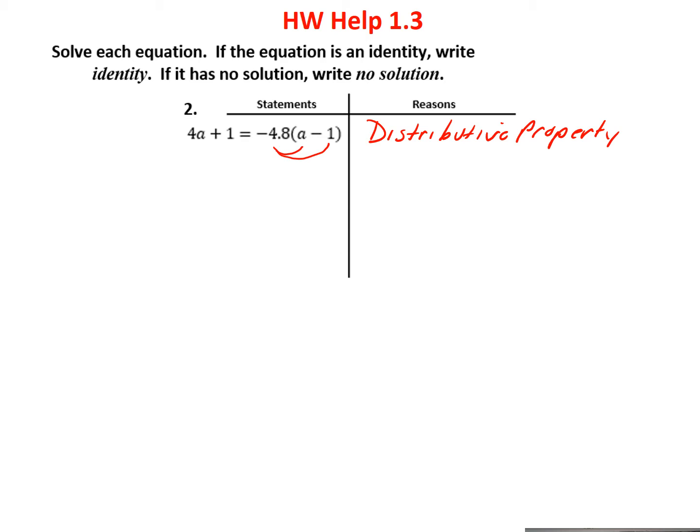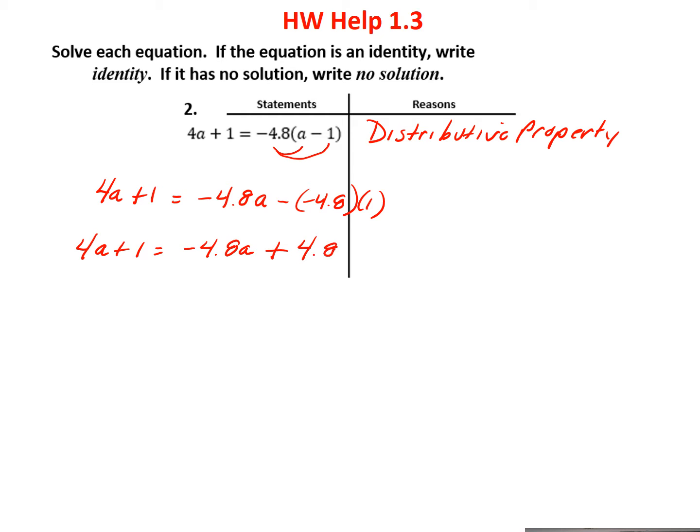And so on one side I have 4a plus 1 equals, and then I have minus 4.8 times a, subtract, and then minus 4.8 times 1. So if I simplify that, I have 4a plus 1 equals minus 4.8a. Minus times a minus is plus